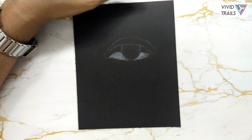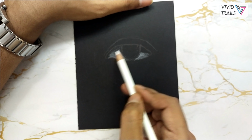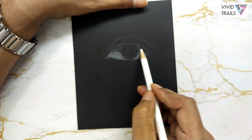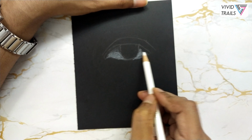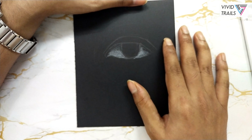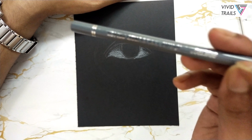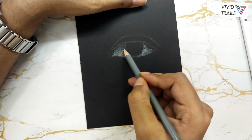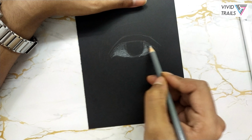Like this. Okay, play with the pressure of your hand. See, this area I'm just pressing it slightly lighter, and the lower half I'm just pressing it slightly with a greater pressure. Like this, a little bit of white touch. Okay, I'll take this pencil, the gray one, just give some dark tones in the upper half,